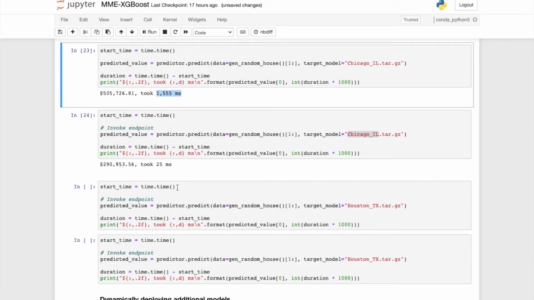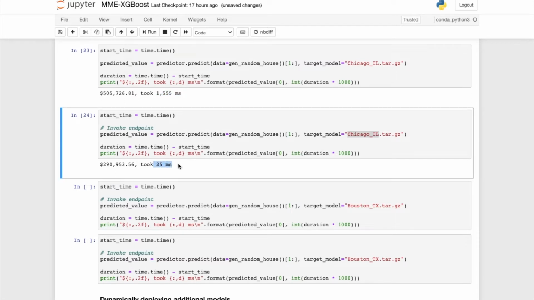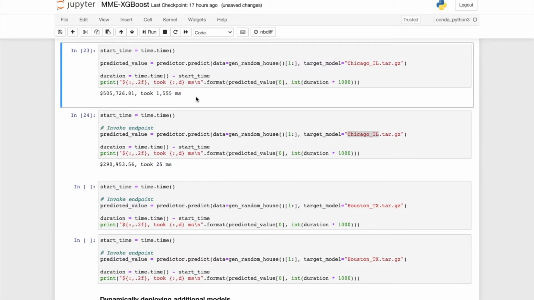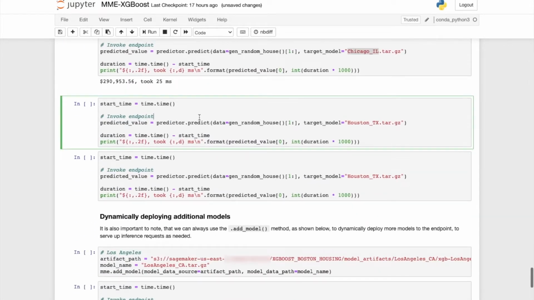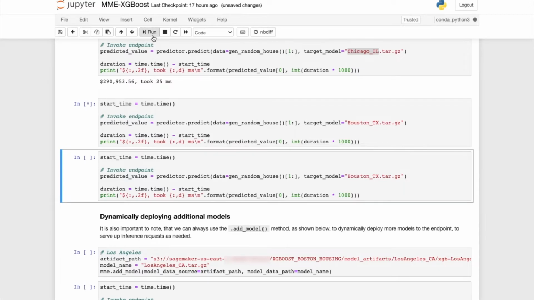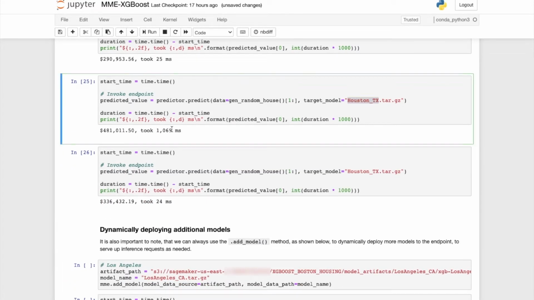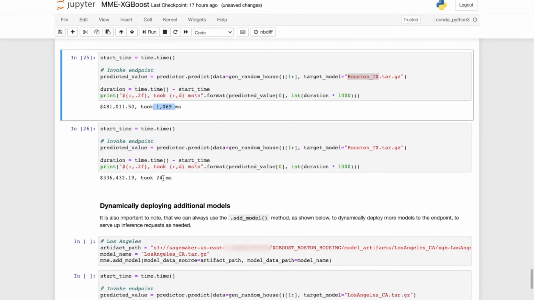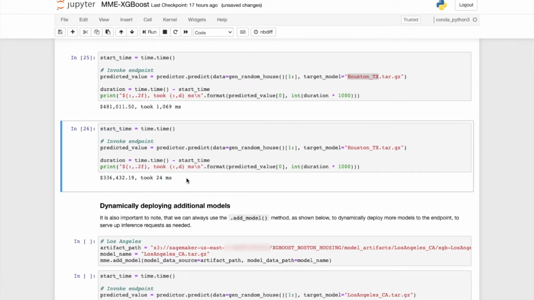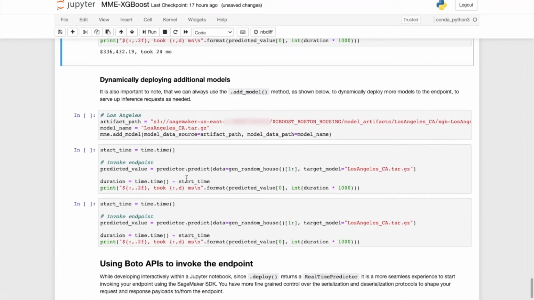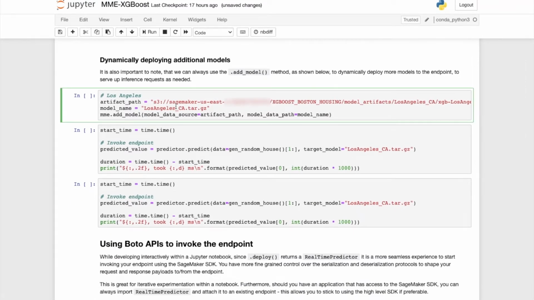As you can see, the second time the latency was a lot less than the first one, and that's because a multi-model endpoint is loading the model from S3 for the first time, hence the cold start. And if I do the same thing for Houston, you'll see that the first time the latency is higher, but the second time around it's a lot less, because the second time around is being served from memory.